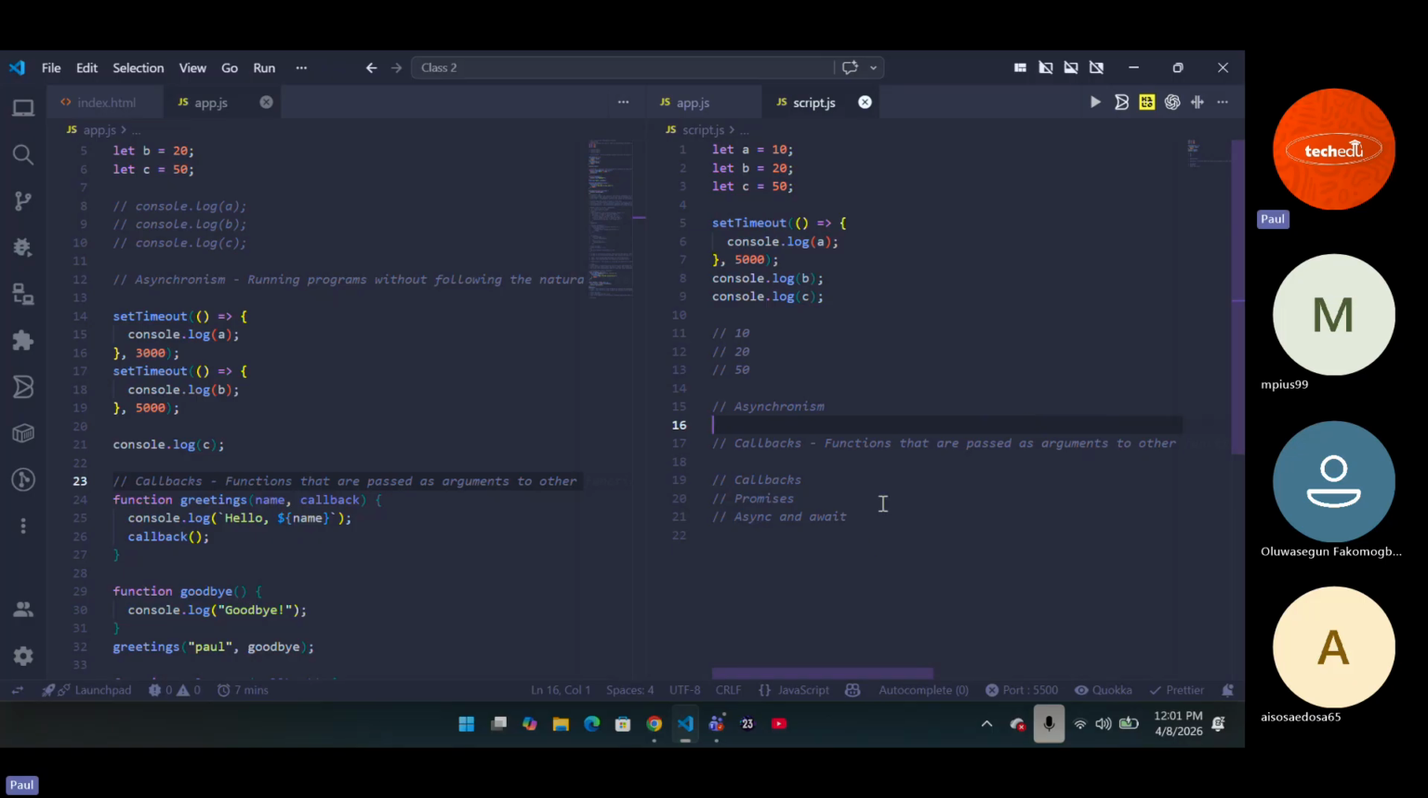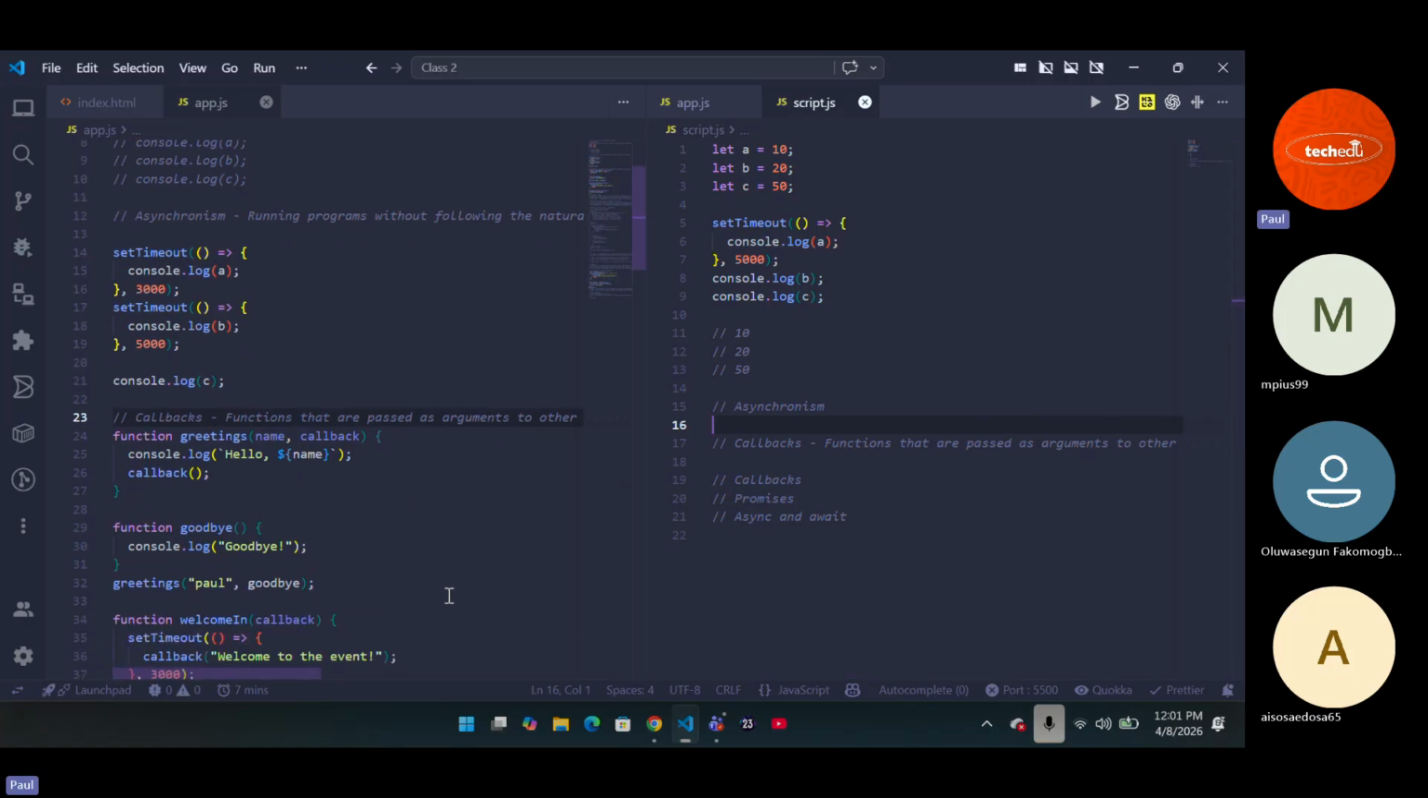So, for instance, let's have this same example that we have here. So we're going to say function. No, let's use an arrow function. I told you that going forward, I'm going to use arrow functions. So I'm going to say const, let's say greetings. Now we're going to have the name. Then now,